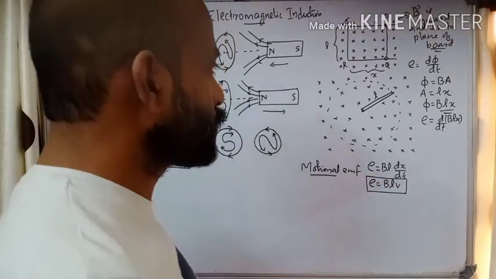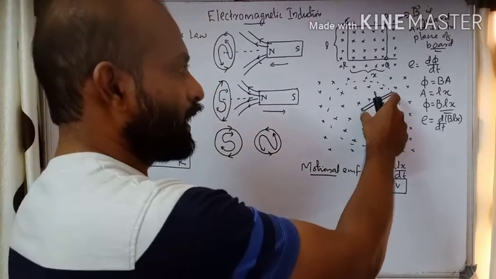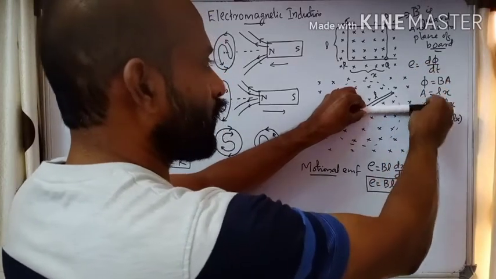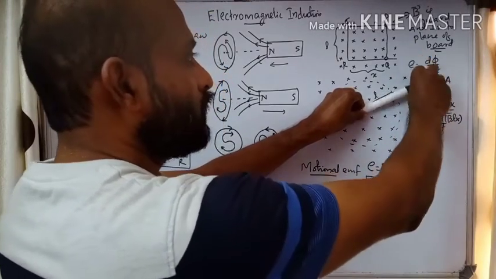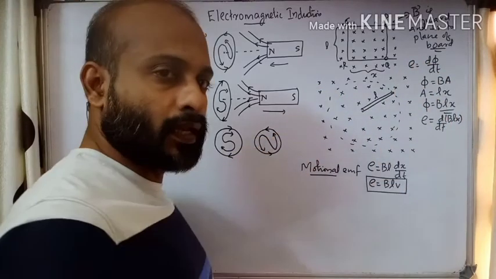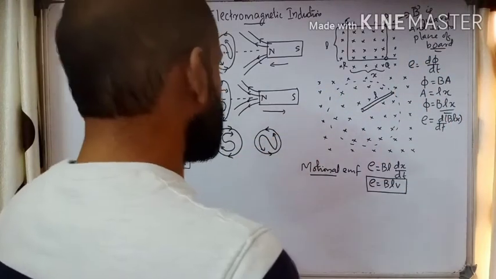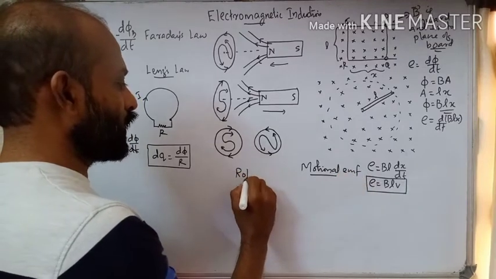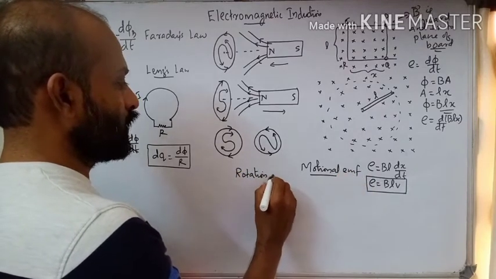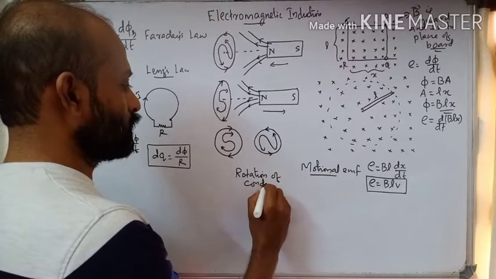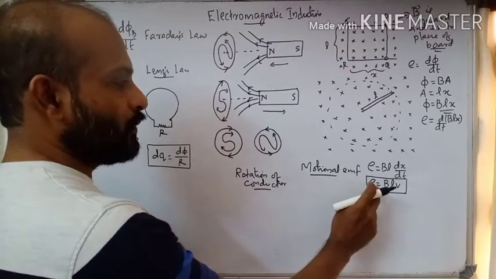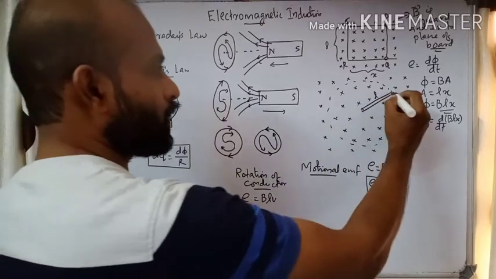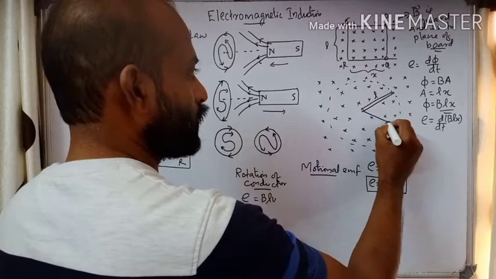Now we have one more option. Suppose we have the conductor like this, of length L. Here we have a magnetic field. Suppose we rotate it like this. See, we are rotating the conductor like this. When we rotate the conductor also, EMF can be induced. So that was during linear motion. Now, during rotation of the conductor, we can use the same equation. We have the equation E equals B L v. Suppose we are rotating like this. So this is now a new position.